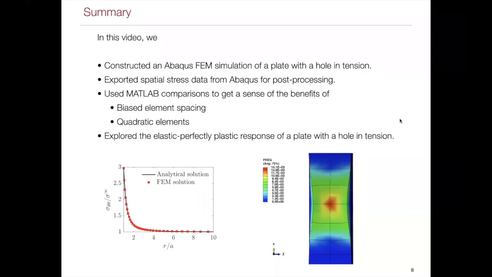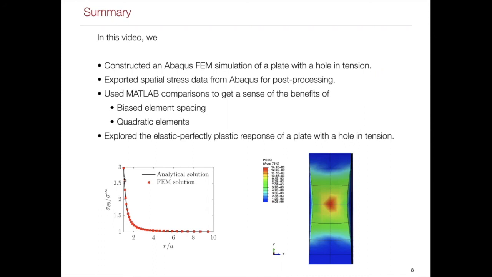So that's all the content we had for this tutorial. And so to conclude things, I'm just going to summarize everything that we've covered in the video today. So first, we constructed an Abaqus FEM simulation of a plate with a hole in it in tension. And then we took the results of that simulation. We exported a spatial distribution of the stress data from the Abaqus results for post-processing. And then we used that exported data in MATLAB to co-plot the analytical solution with our FEM solution,